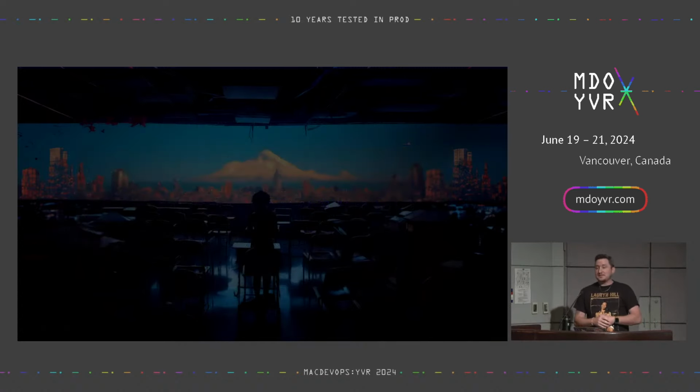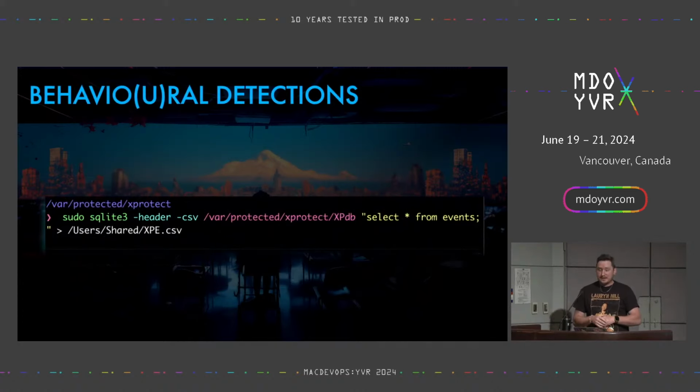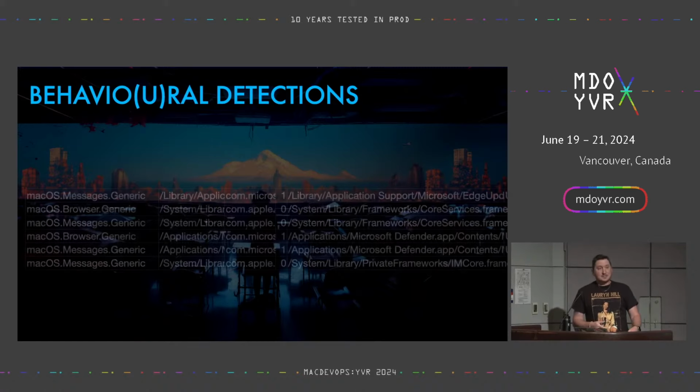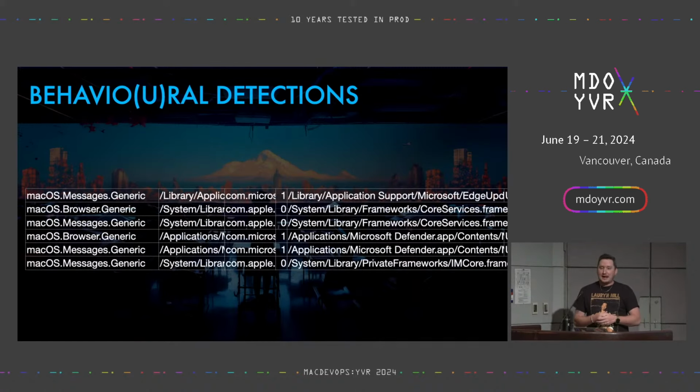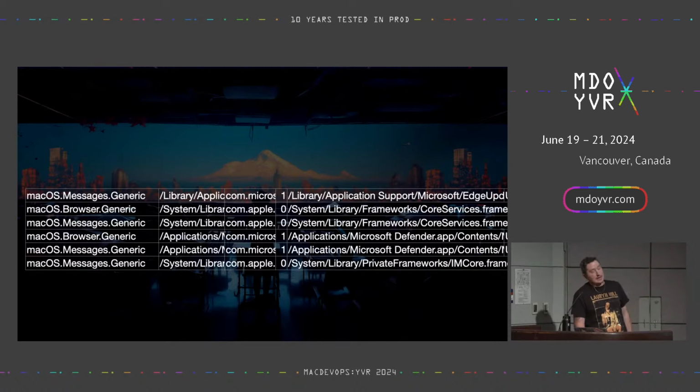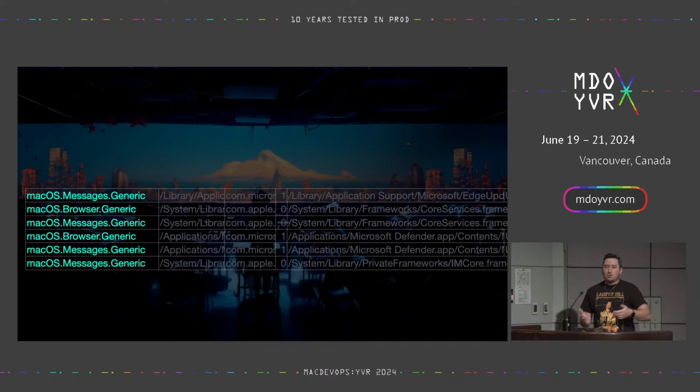Now, Apple has also been dipping their toes into behavioral-based detections via the XProtect behavior service. This is, again, just another SQLite database that you can dump to a CSV if you want. What's interesting is I don't believe that Apple is taking action on these yet, so if you trigger one of these, you're not necessarily going to get an alert. Historically, you would see rule names here on the left side. They would be called Bastion Rule 1 or 2. But now you see things like